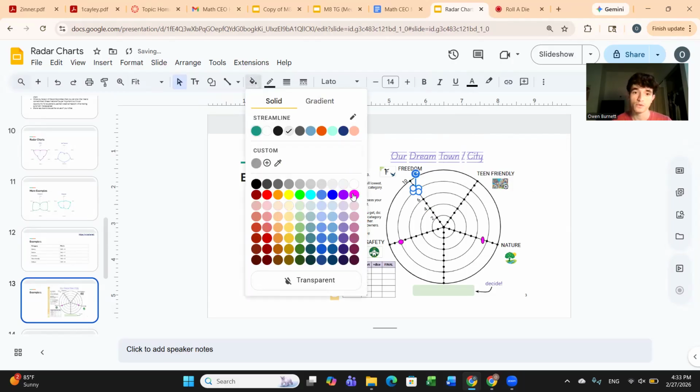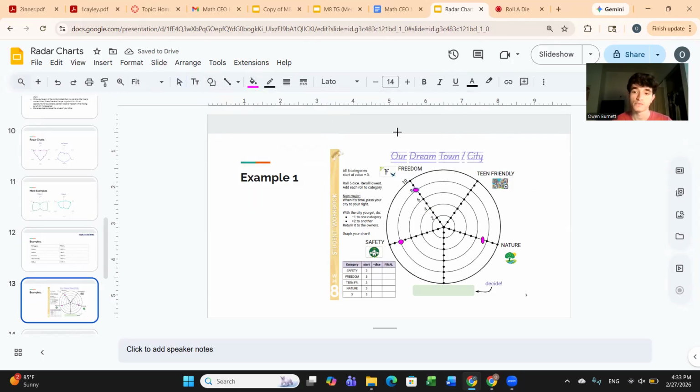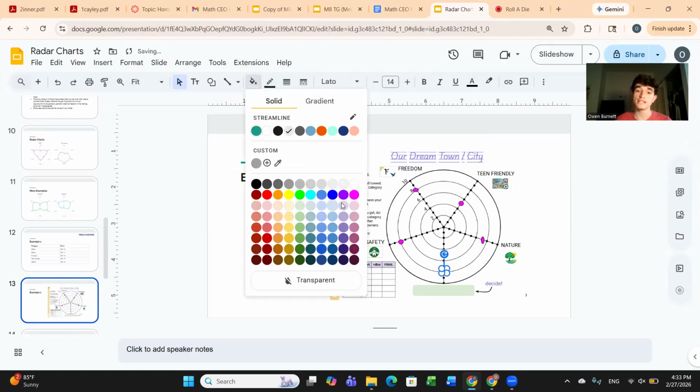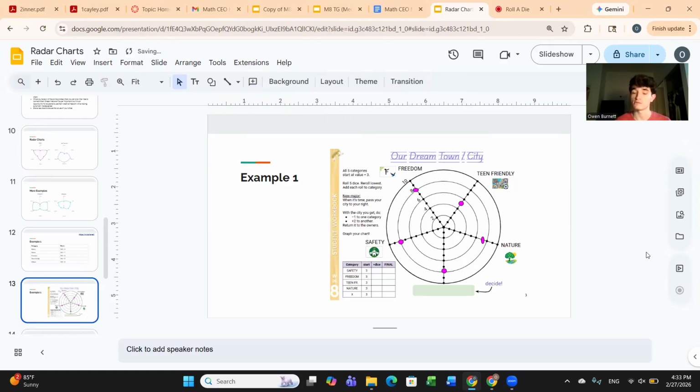So for example, freedom, we found was going to be an 8 for us. Teen friendly was not as important to me, so we gave that one a 5. And then the last category, once again, an 8. And we designated this category to be culture. So you and your team can come up with whatever category you want that last one to be. In this case, it was culture. And then I would draw lines along these little concentric circles that they already have drawn, and we will just connect the lines, and that will make our own dream city with our radar chart.